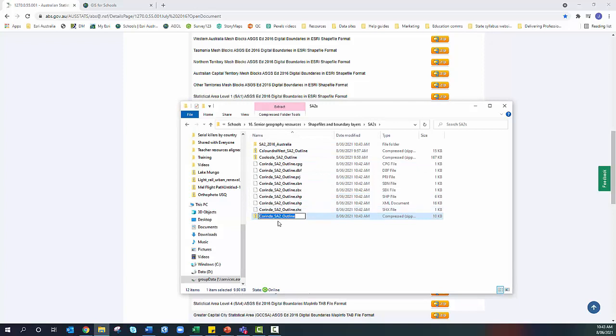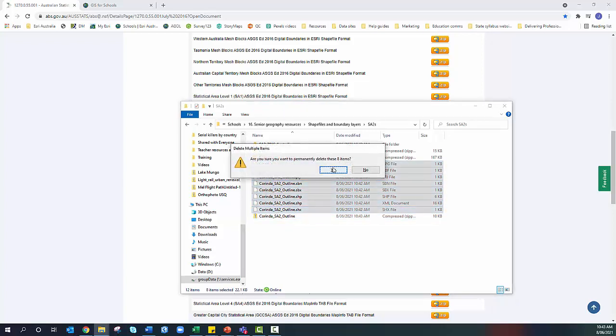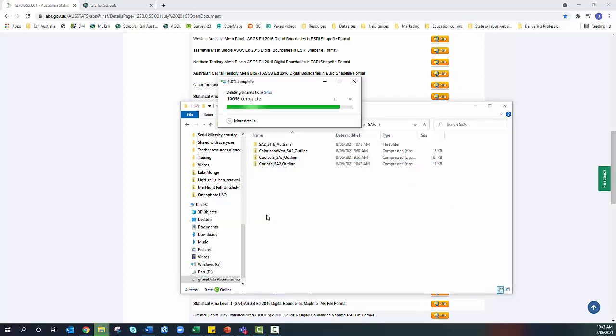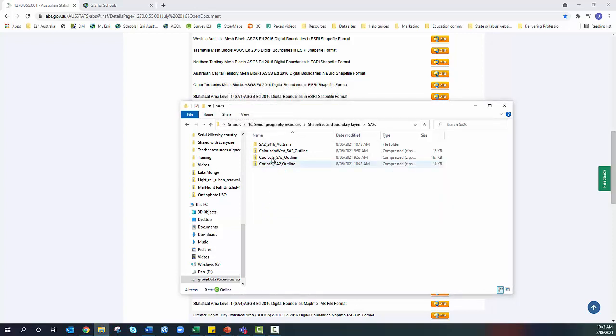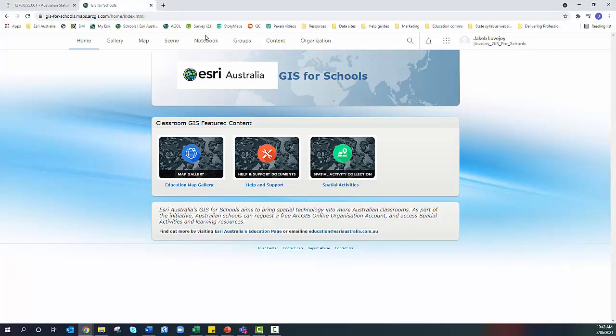And we can see that it's already got an appropriate title for me. So I'm going to do that. And then I can delete these files. I no longer need them because they're all saved in that zipped file too. Now, if I want to get that into ArcGIS Online now, all I need to do is go to ArcGIS Online, go to my map,